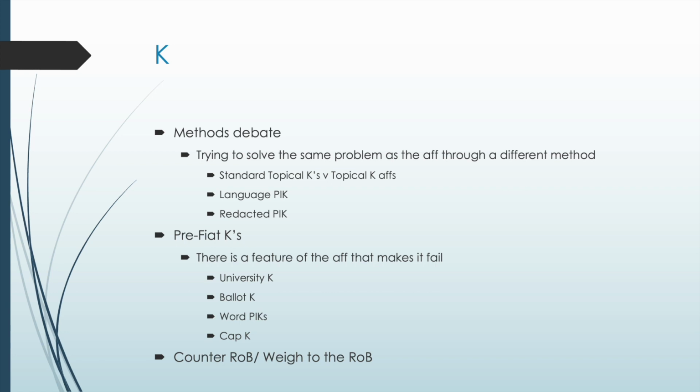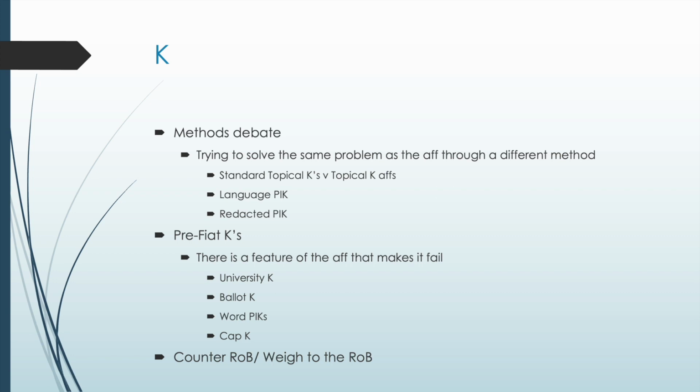So for instance, if there is a topical fem K Aff that says that affirming is good for feminist progress making, then a negative K that is topical, a topical K that you already had prepped that says the resolution actually expands the patriarchy or something like that, is going to be very persuasive in saying the method of the Aff, that is the implementation of the resolution for a topical Aff, is bad because it expands the patriarchy, and here is an alt proposing a different method through which we can solve the same problem.